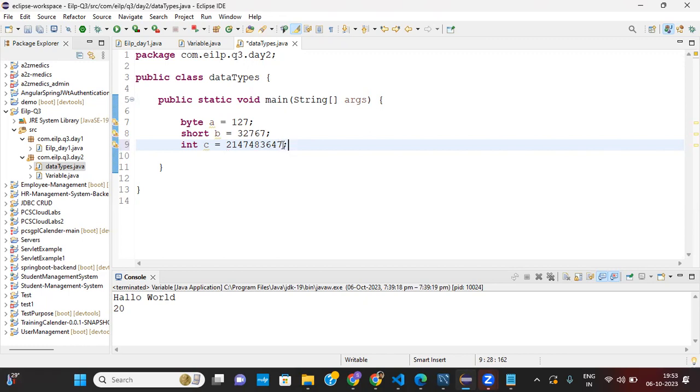It is good up to 7. If I add another digit, 7 7, it will generate an error. Even if I say 48, it will still give me an error because it is exceeding the range.